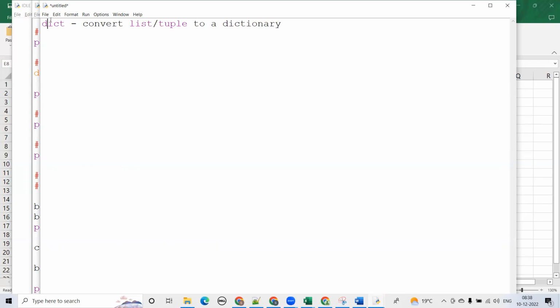For example, let's have a nested list like this. So if we have a nested list like this,